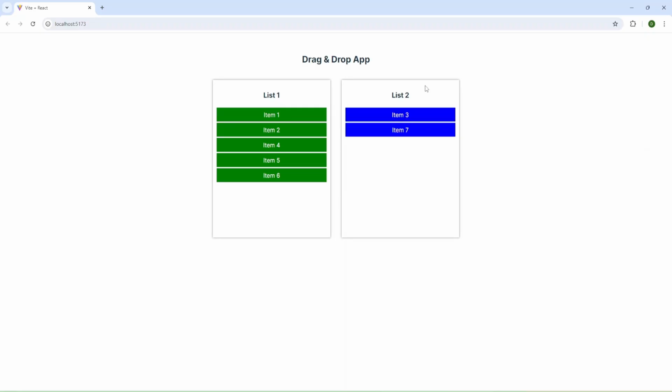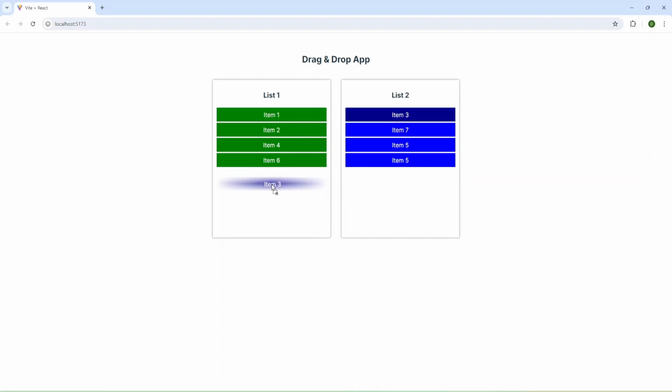And as you can see, the color was changed, and I can move one more item, and when I drop the item, the color is changing. And one more thing, when I move the item back, it works perfectly. But let's see one more thing. I'm going to move it to list 1, but then I decided to return item 5 to my list 2, and we have 2 items 5, and the same will be for item 3 and for item 6.